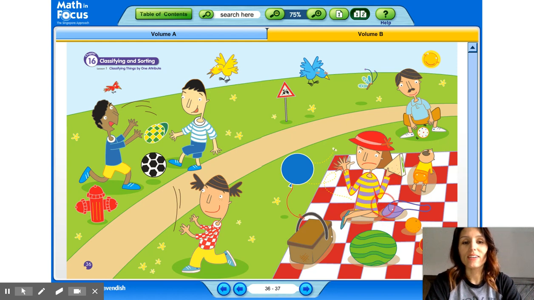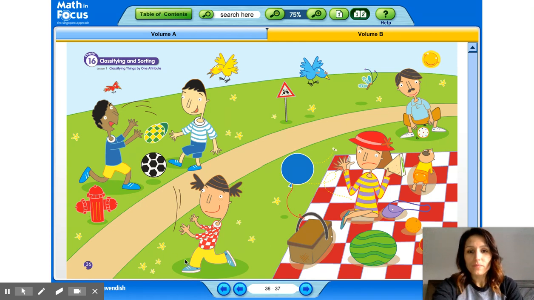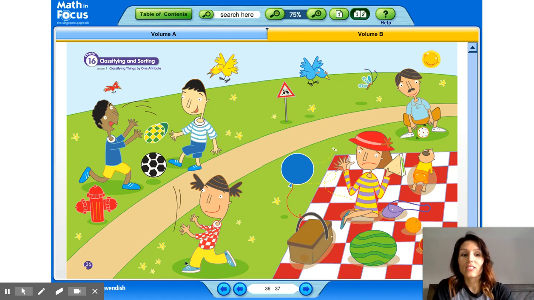Good, right here. This lady is wearing a striped shirt. Now, they're not the same color stripes, but they're the same pattern. So we would say that those are the same, and you could group those together. So also another, if we're talking about patterns, again, not talking about colors, just talking about patterns right now, look